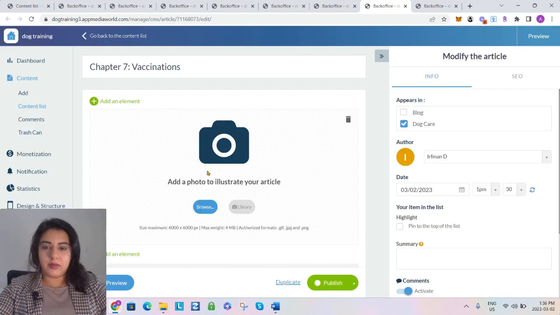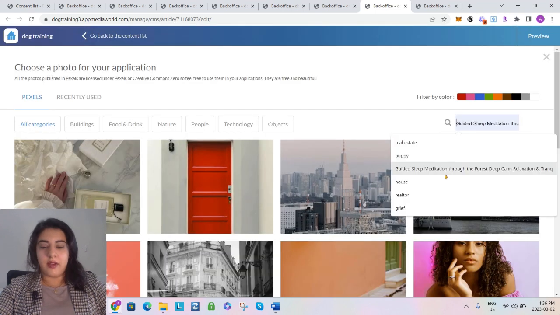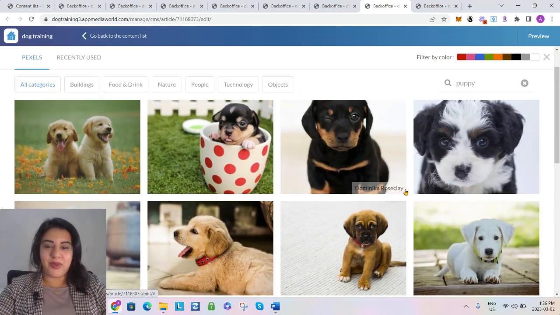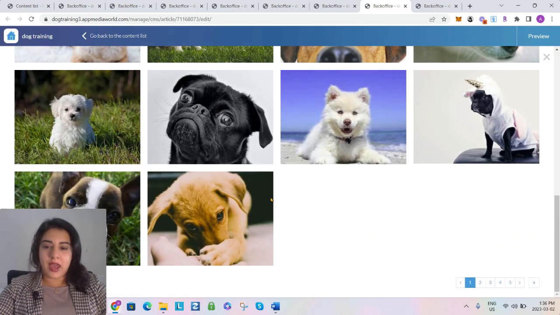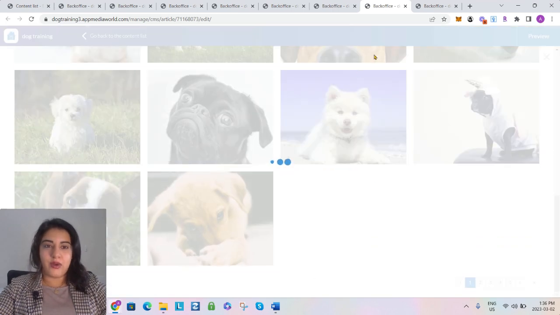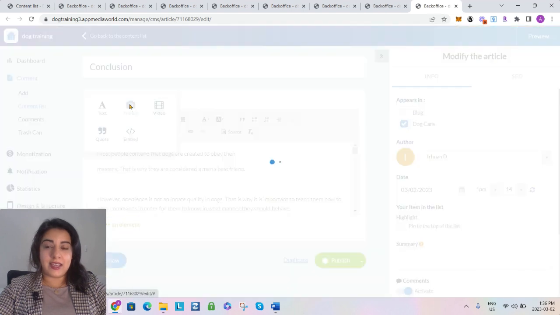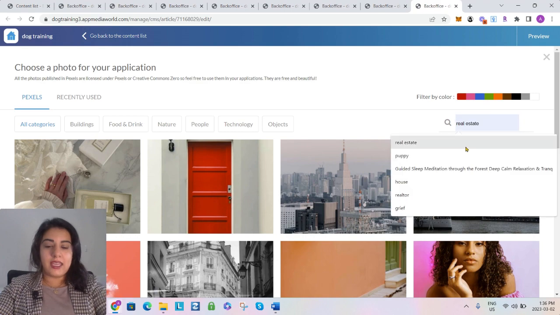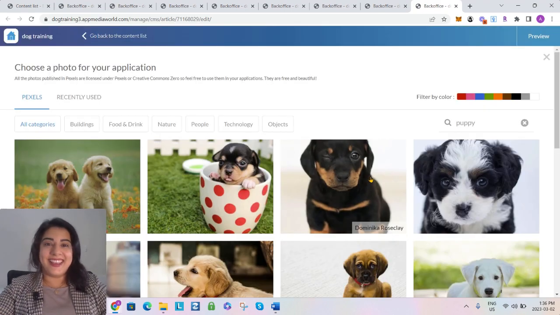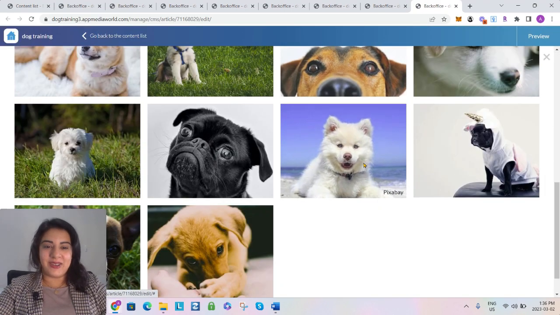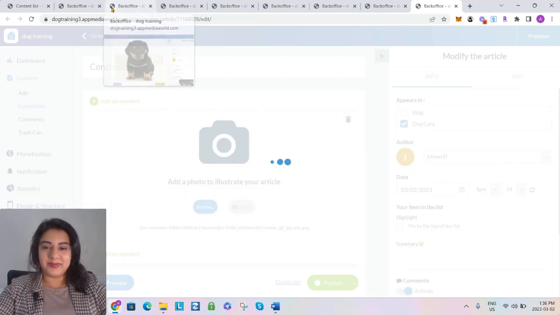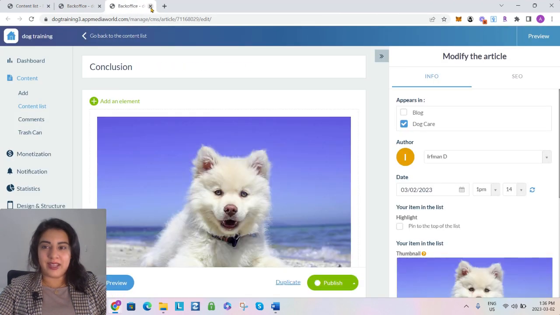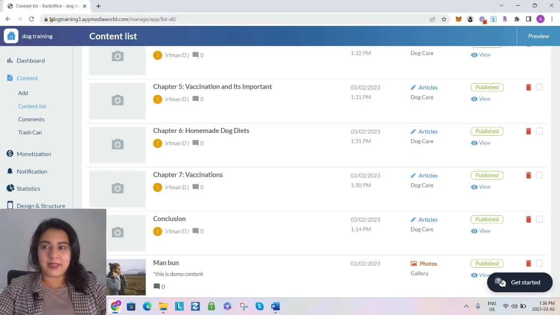And I'm not thinking too much about the photos. Of course, when you create your own application, you might want to put a little bit more strategy or thought into which photos you're selecting, maybe having them be more relevant to each chapter depending on the type of content that you are posting. All right, so once all those images are uploaded, I can just close out all of these tabs here